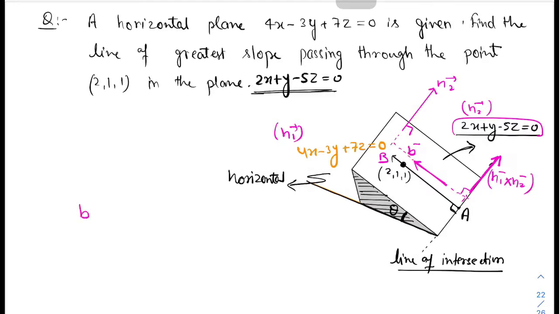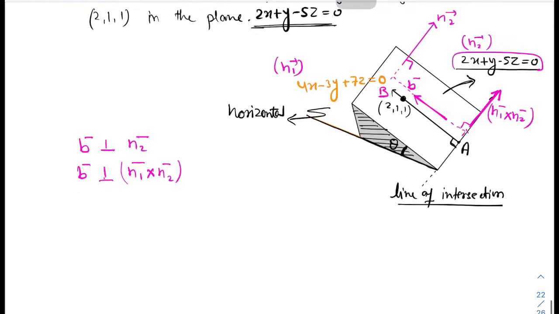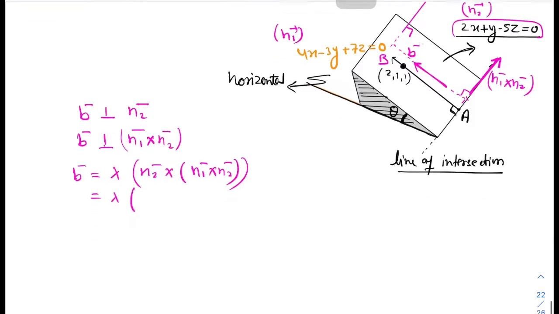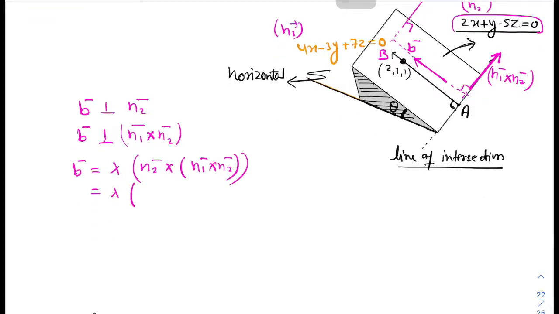So इस पूरे डिस्कशन से हमें क्या पता चला, b is perpendicular to n2 vector, b is also perpendicular to n1 cross n2 vector। इसका मतलब कि b is parallel to n2 cross (n1 cross n2)। ठीक है, तो इस तरीके से अपने को ये पैरेलल डायरेक्शन मिल जाएगा। एक बार पैरेलल डायरेक्शन मिल गया, फिर पॉइंट तो पहले ही दिया हुआ था।